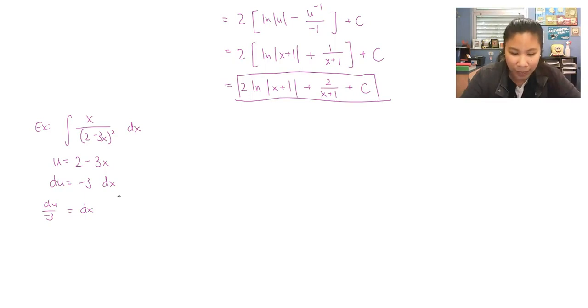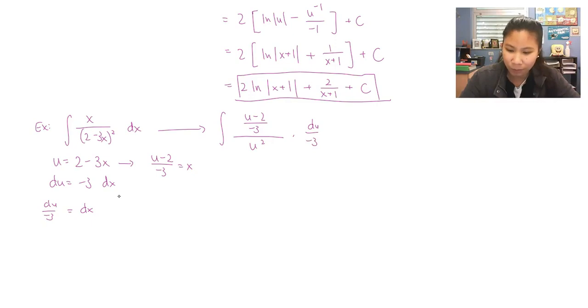All right, but then when I rewrite my original equation, I'm going to need to rewrite everything in terms of x, or my u in terms of x. So I can subtract 2 on both sides and then divide by negative 3 to get x by itself. All right, so my original problem now is going to look like this. U minus 2 over negative 3 instead of x over u squared, and then dx would end up being du